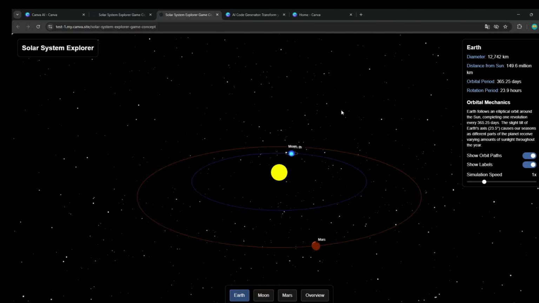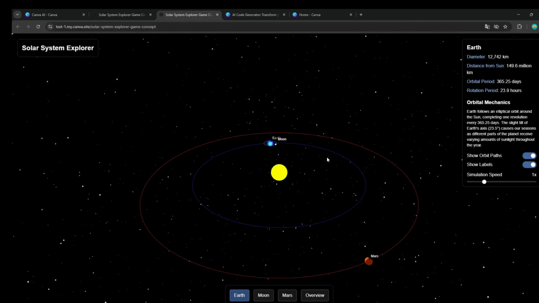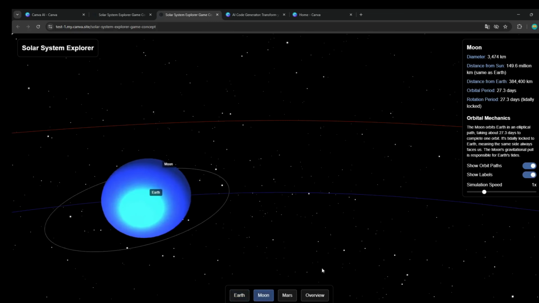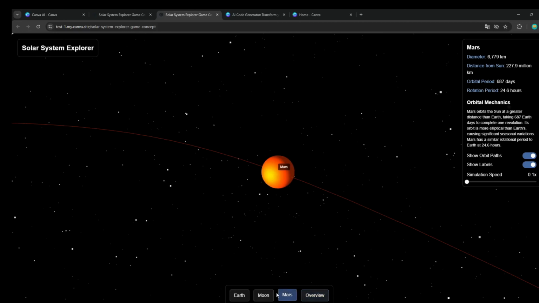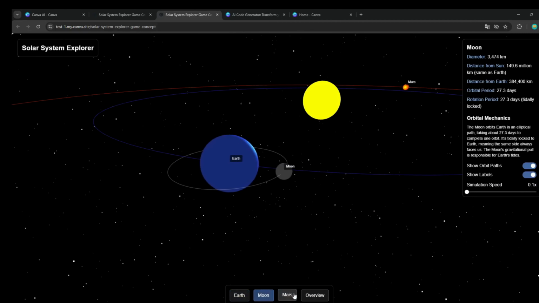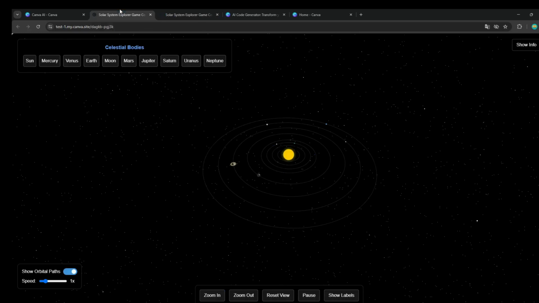That was a basic solar system with the Earth, Moon, and Mars. We can have some details about it. We can show the orbit path also with the labels. We can change the speed if we want, and we have some details about those three planets. Or when I regenerated or used the same code but added all these planets, as you can see here, also